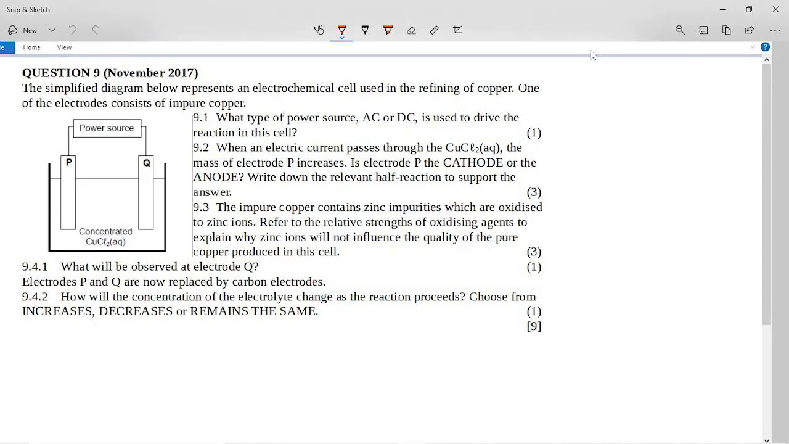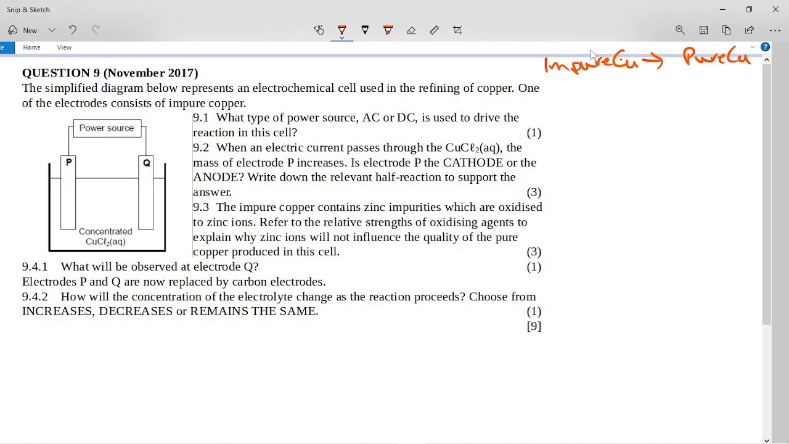This is the electrolysis question from November 2017, paper 2. It says the simplified diagram below represents an electrochemical cell used in the refining of copper. One of the electrodes consists of impure copper. So when we refine copper, we go from impure copper to, look at my handwriting, impure copper goes to pure